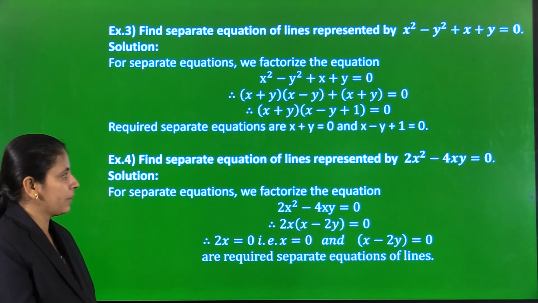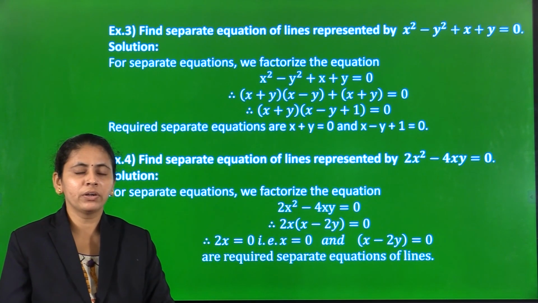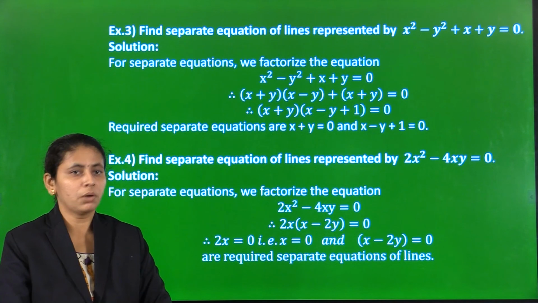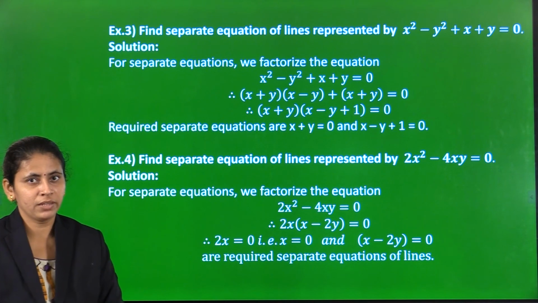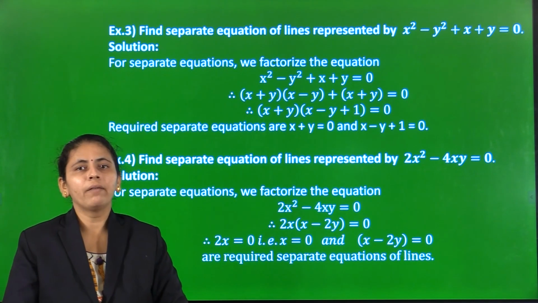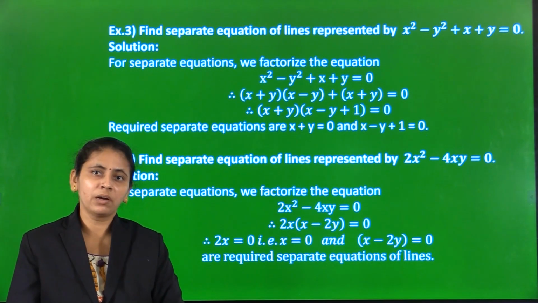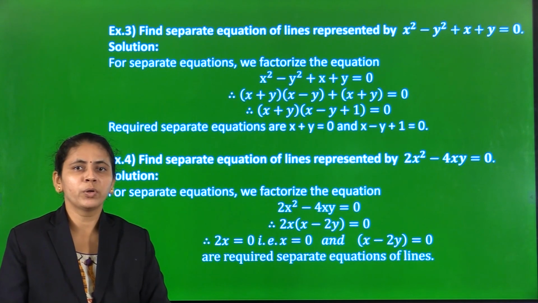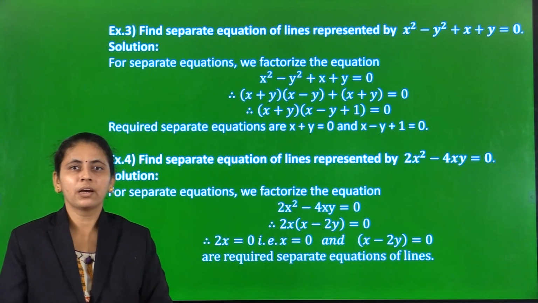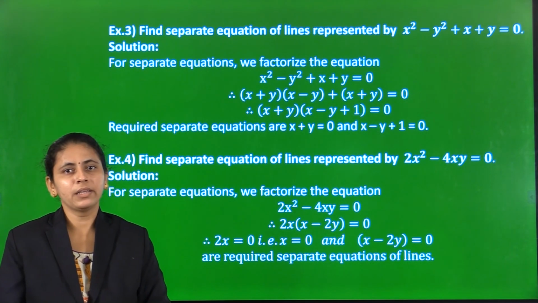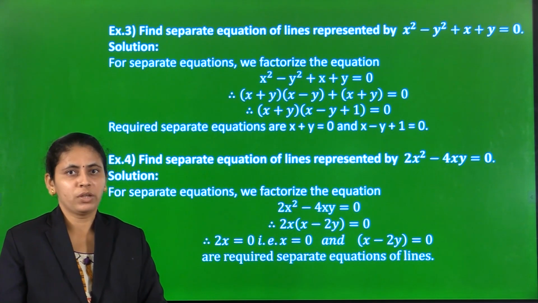In this lecture we have studied what is meant by a combined equation, how to find the combined equation if we have given two separate equations, and how to find the two separate equations if we have given a combined equation. And the first theorem of this topic, that uv equal to 0 represents the combined equation of the lines u equal to 0 and v equal to 0. In the next lecture we will continue with the second point of this topic, that is the homogeneous equation in x and y of two lines.